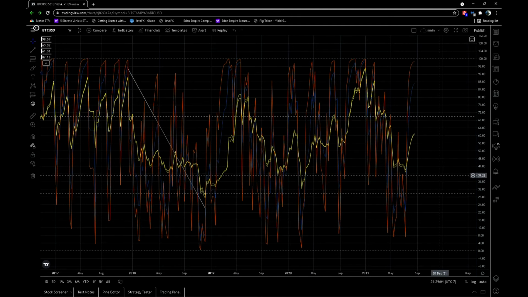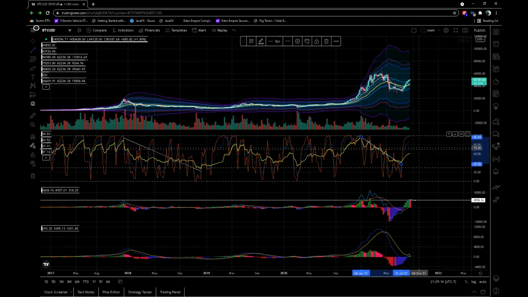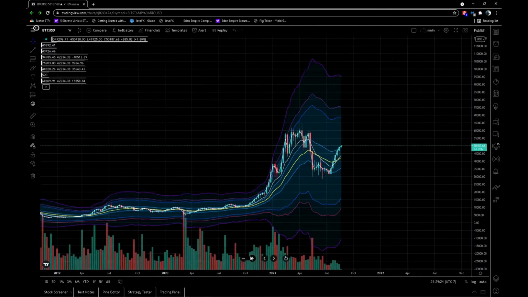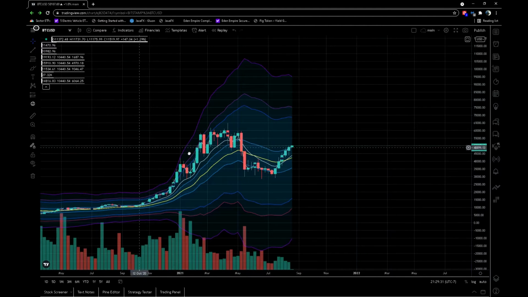So we can see that our swing high at this point is here. That's the default RSI, it's the yellow line. So swing high to swing low, we didn't quite get down here yet. Charts basically resetting. Momentum coming back up to test resistance. Resistance perhaps is here. I guess now there's one right there.